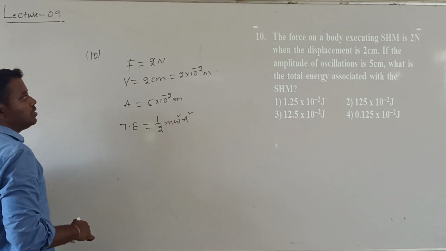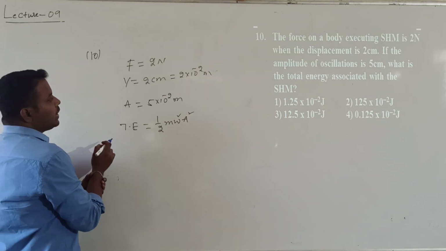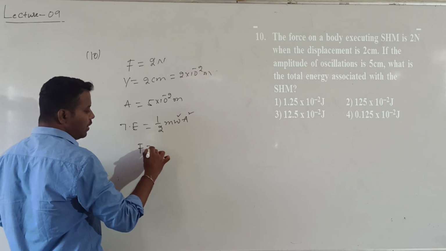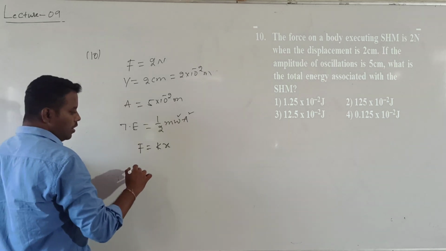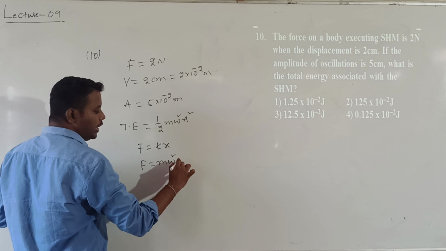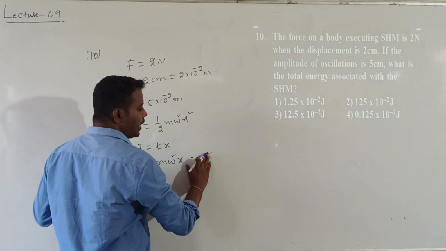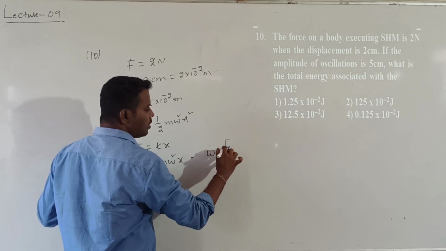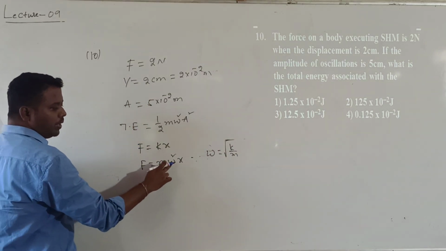A value is given, so which value do we still need? m into omega square value. How can we calculate the m into omega square value? What is the formula for F? F is equal to K into y. Can I write F is equal to K, which can be written as m into omega square, into y. Since what is K? omega is equal to root over K by m, so omega square is K by m, and K value is equal to m into omega square.